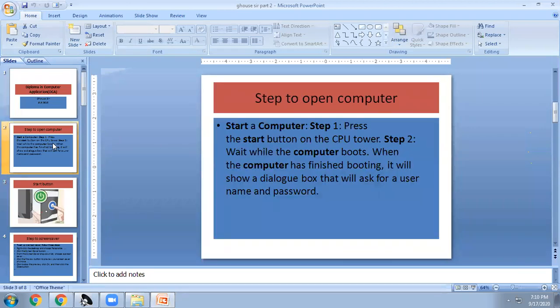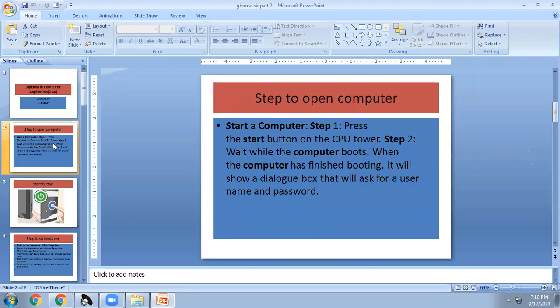That's what it says: press the start button on the CPU tower. Step 2 is wait while the computer boots. It takes some time for the computer to start. When the computer has finished booting, it will show a dialog box that will ask you for a username and password, if you have maintained a username and password.